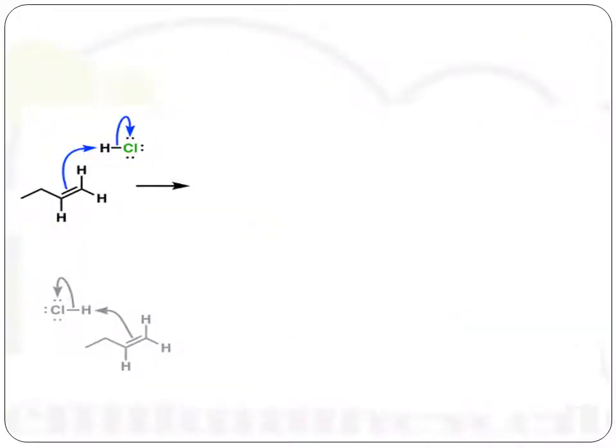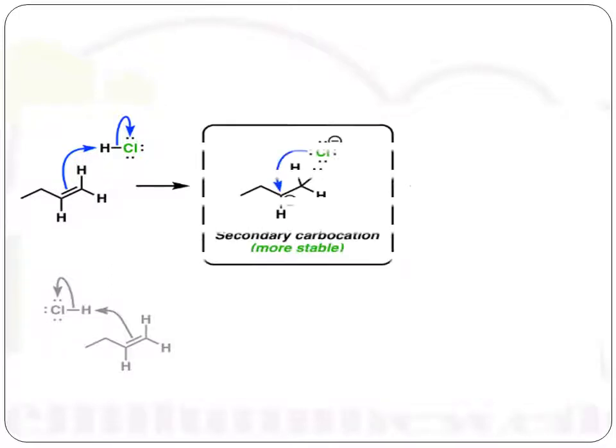Let's see a similar example in a different way. This is the example we already studied, only shown in two different ways. In the first, you see the double bond attacking hydrogen and forming a new C-H bond while the H-Cl bond breaks. There is a possibility that the carbon carrying two hydrogen atoms forms the new C-H bond, forming a carbocation in which the positive charge is on the carbon carrying only one hydrogen atom.